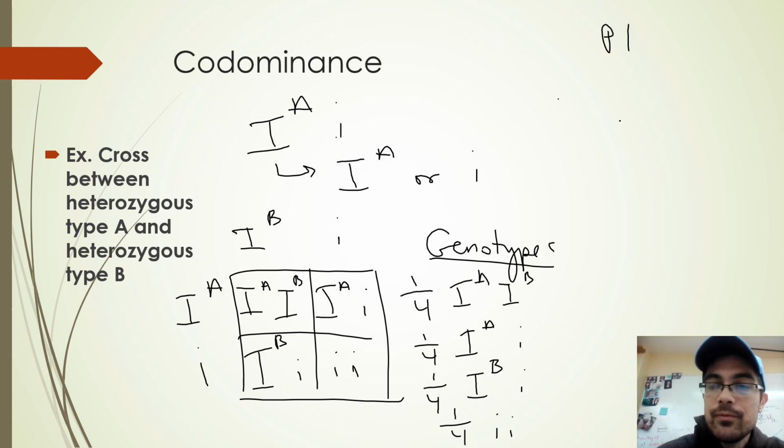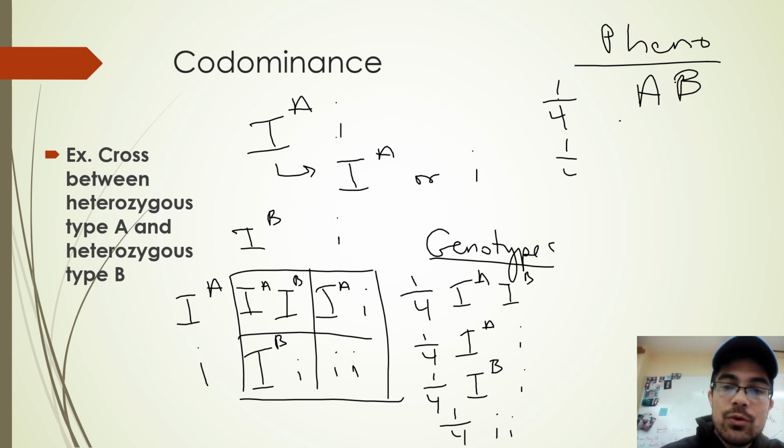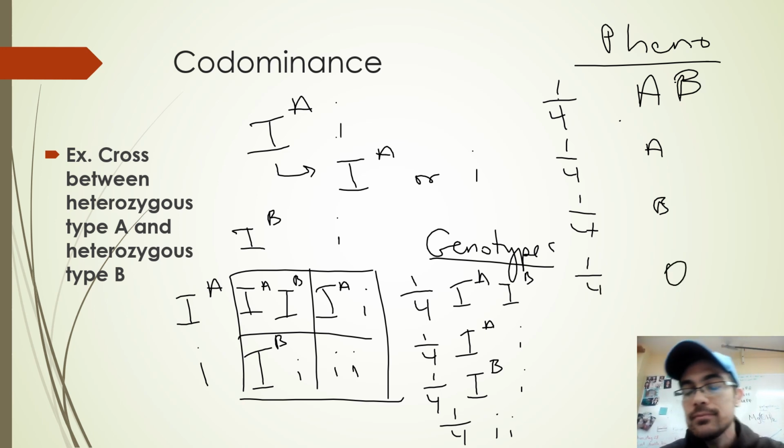So the phenotype would be 1/4, or if you put 25%, that's fine too. They mean the exact same. 1/4 or 25% chance to have a child that is AB, 25% chance to have a blood type of A, 25% chance to have a blood type of B, and then a 25% chance to have the blood type O. Okay,